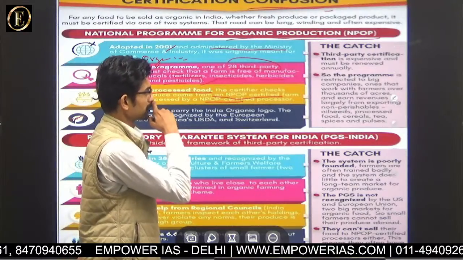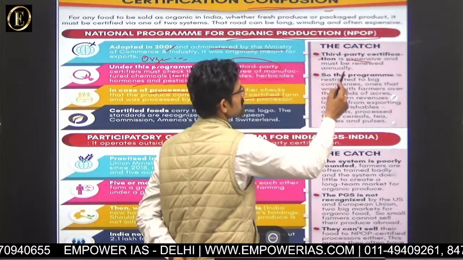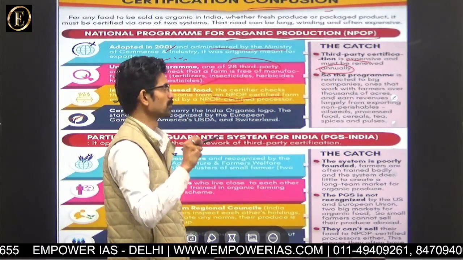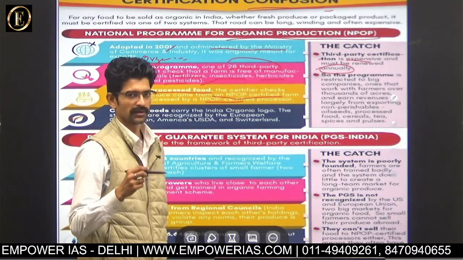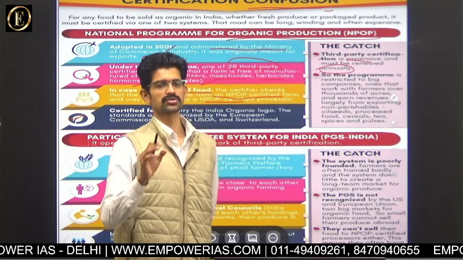Now what is the problem? That third party certification is expensive and must be renewed annually. थर्ड पार्टी के द्वारा जो भी इन्वेस्टमेंट हो रहे हैं वेरी एक्सपेंसिव. सो ऑर्गेनिक फार्मिंग के द्वारा बढ़िया कल्टीवेशन हो रहा है, बट द प्रॉब्लम इज दैट द कॉस्ट ऑफ द प्रोडक्ट